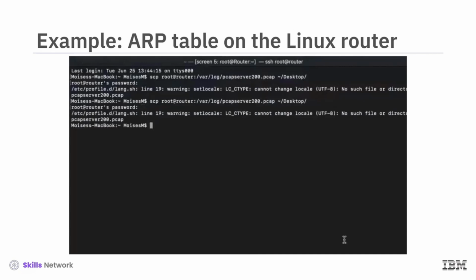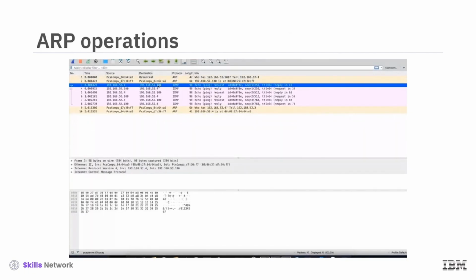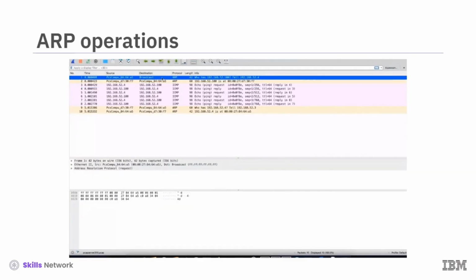Let's now understand the ARP operation. The first observation is that before a ping can be successful, the computer must obtain the physical address of the target IP address. This is because a packet is never delivered to an IP address, but always to the physical or MAC address. Now, when a computer attempts to ping an IP address, such as